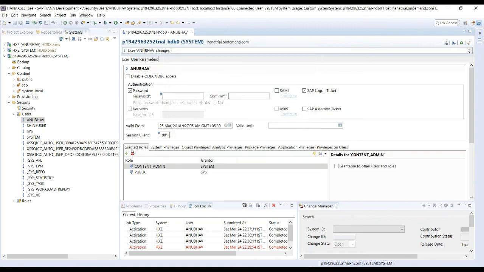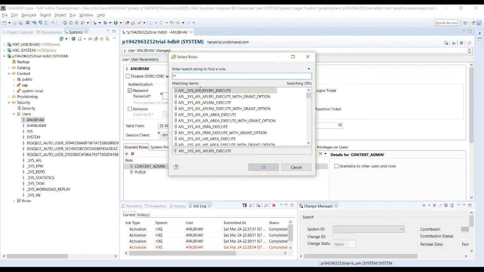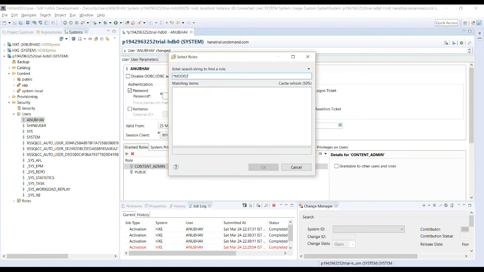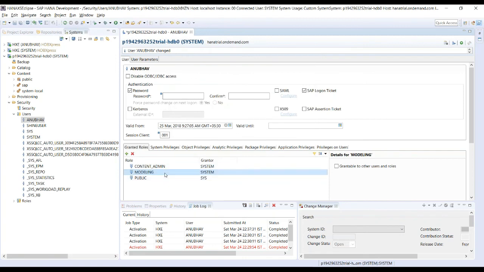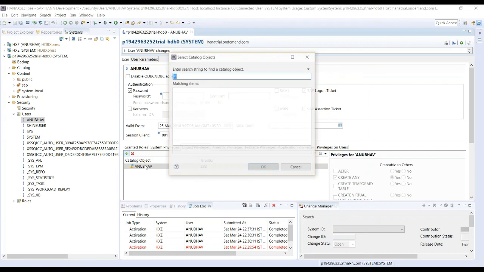Yeah, this content admin authorization, and also give the modeler authorization to the user. Modeling authorization. So these two I'm adding, and there is one more authorization which you need to add so that he will be able to look at the content inside of packages, and that's something called an object privilege with the name called,